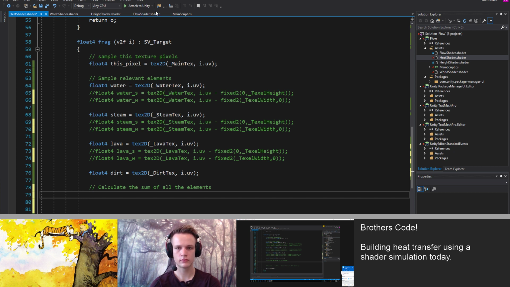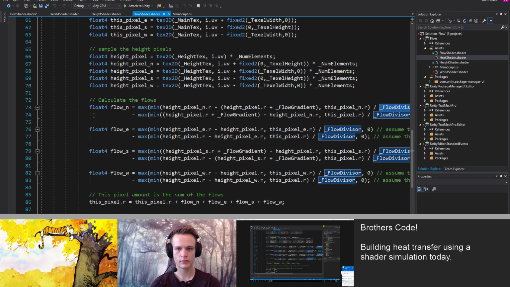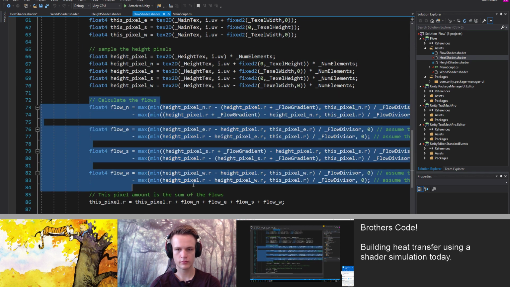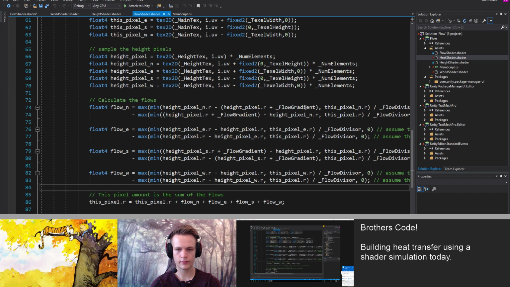So in the flow shader, it does calculate all of the flows, whether they go out or in, because it has to, so that you maintain it. The one on the right will calculate a negative and the one on the left will calculate a positive, and they'll both modify themselves to match.